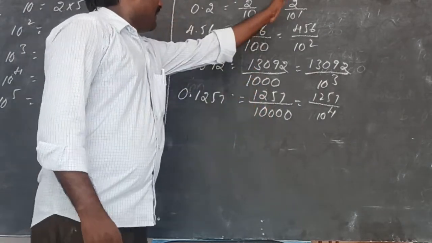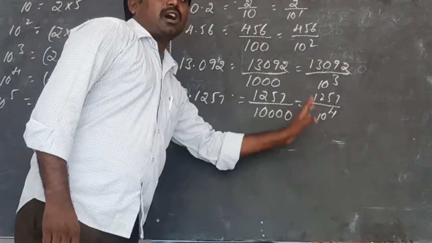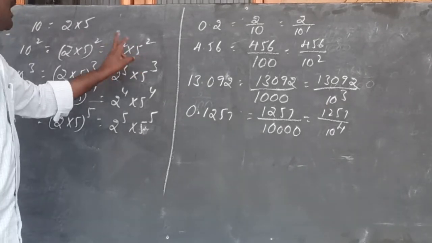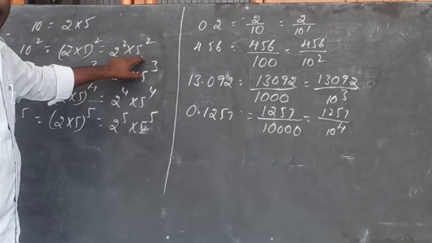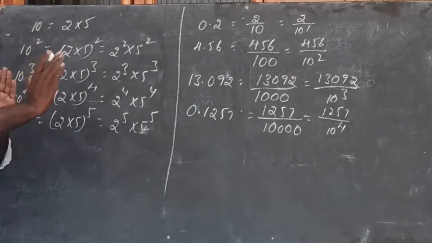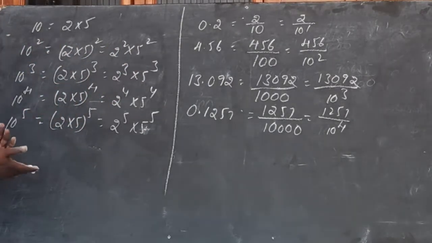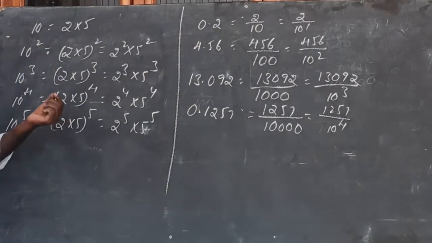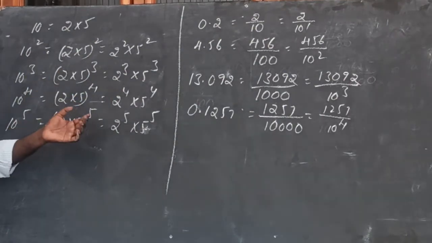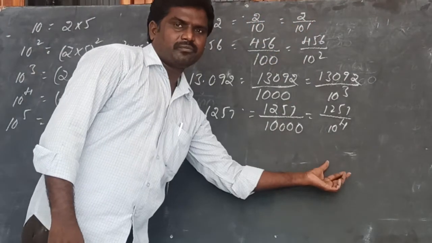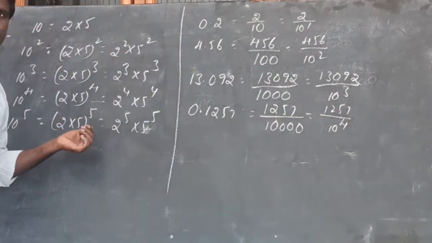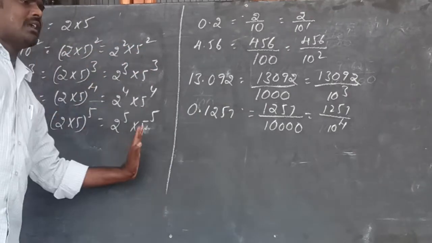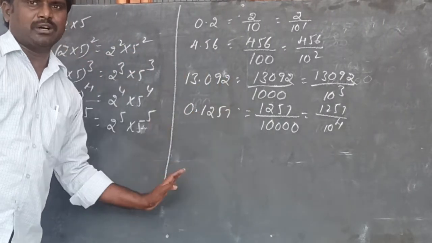Okay, so then the q is in the form of power of 10, or the q is in the form of either power of 2 or power of 5, or both 2 and 5. Okay, so this statement we can say is the reverse conversion. How can we say that a rational number in the form of p by q, where the q is in the form of either power of 10 or power of 2 or power of 5 or both 2 and 5, that rational number is called a terminating decimal form of a number.